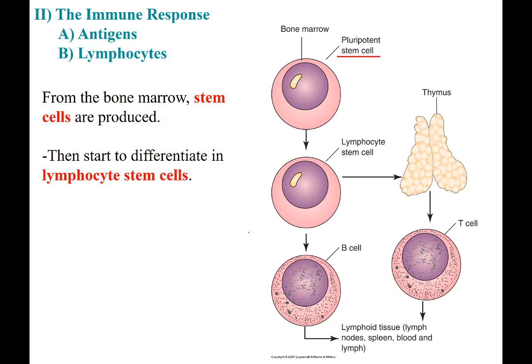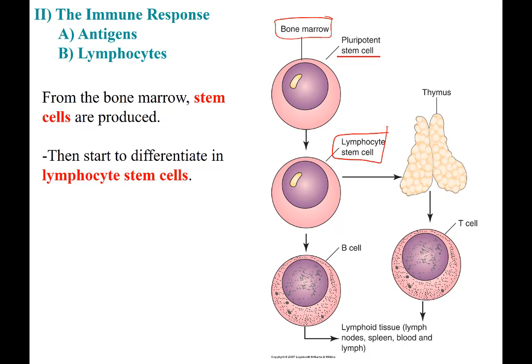Pluripotent stem cells are different than stem cells. Pluripotent stem cells are actually already differentiated into one category of cell. In our case here, the one coming from the bone marrow, are already differentiated into lymphocytes, if you want. They will be maturing, transforming into white blood cells. They can't be a liver cell or a nerve cell. They will be an immune cell.